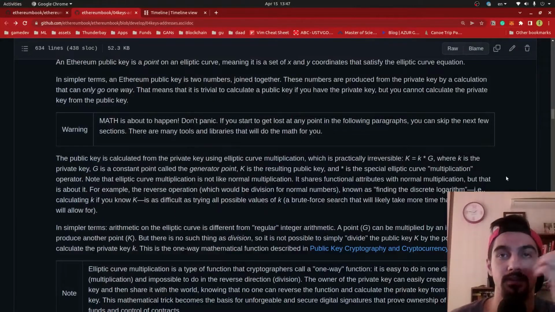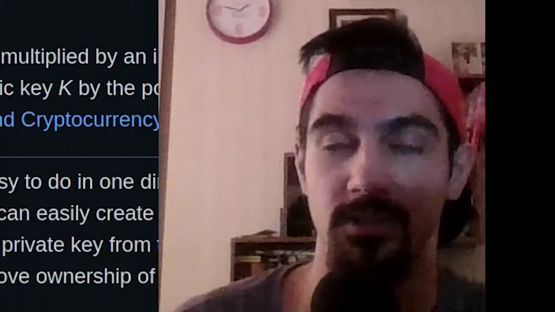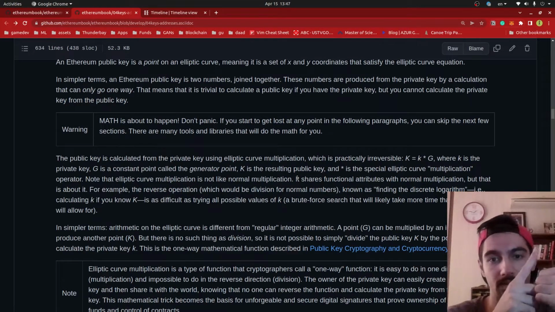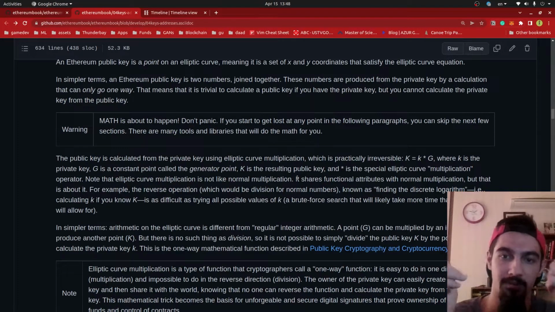It's beautifully described here. The public key is calculated from the private key using elliptic curve multiplication. It's a specific type of multiplication. In multiplications, if you have the result and you have one of the values, you can use division to find the other value.